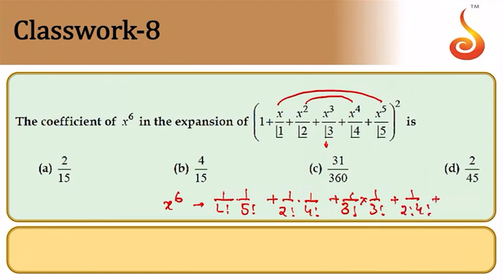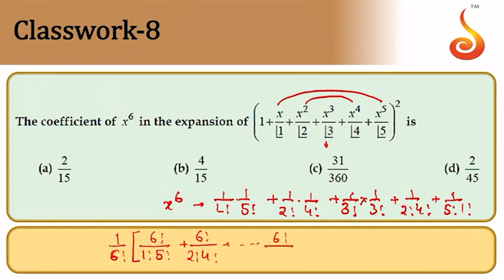Whenever you square it up, because you are writing a plus b plus c plus d plus e, these terms will come. x is multiplied with x to the power 5, x square is multiplied with x to the power 4, x cube is multiplied 2 times. So 1 by 5 factorial, 4 and 2 will come. Again 2 and 4 will come. Again 5 factorial and 1 factorial will come. So 1, 2, 3, 4, 5, 1, 2, 3, 4, 5 terms will be there. This is nothing but I multiply and divide by 6 factorial. This is 1 by 6